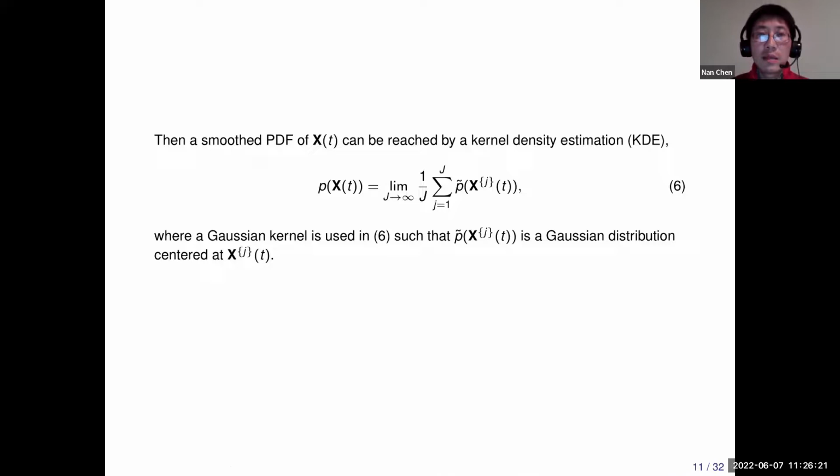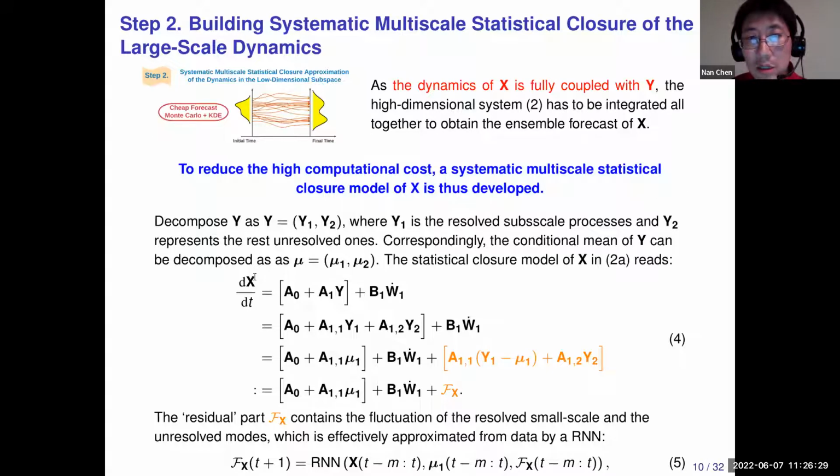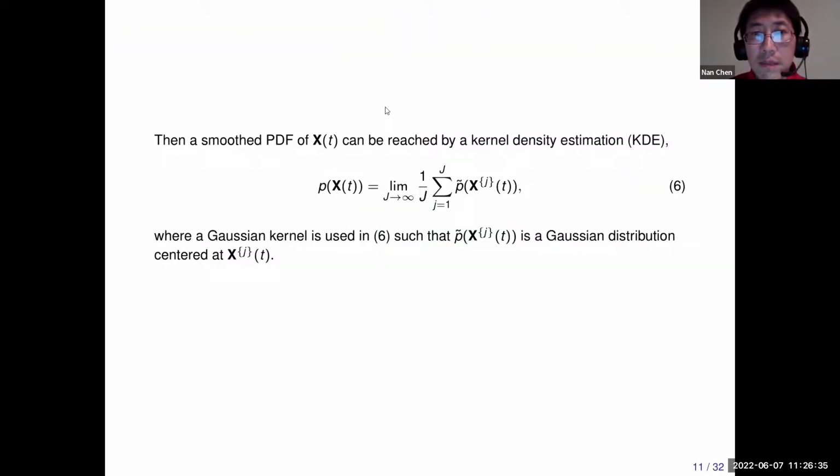Okay. Now we can use this way to forecast the PDF of x by running a much lower dimension system, which contains only x and y1. Or if we ignore y1, we can just run the x itself. And then because this x is by design a low dimension system, we can use Monte Carlo simulation. Or if we want a smooth version, we can use kernel density estimation. And here we choose a Gaussian kernel,